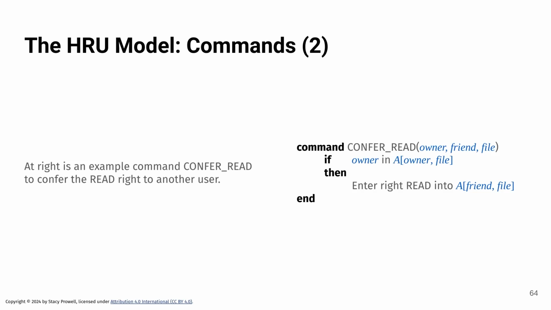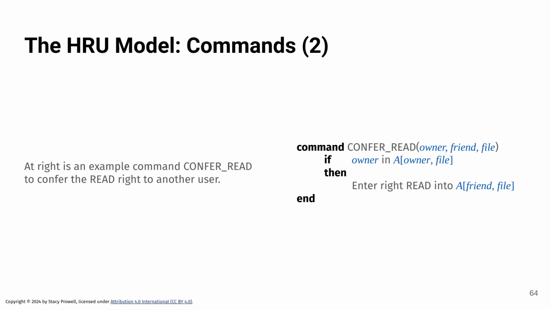As an example of that, here's a really simple one. This is a mono-operational command. It's a term that comes up in the paper because it only has one primitive operation in it. So the command is, I want to confer the read right from me, the owner, to you, my friend, on a given file. So if the access control matrix for my row and that file